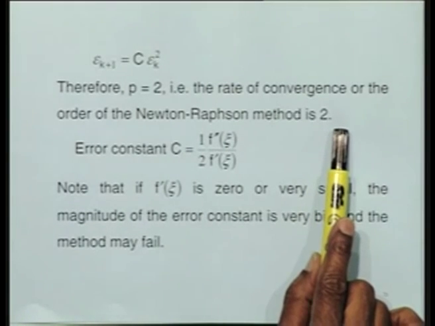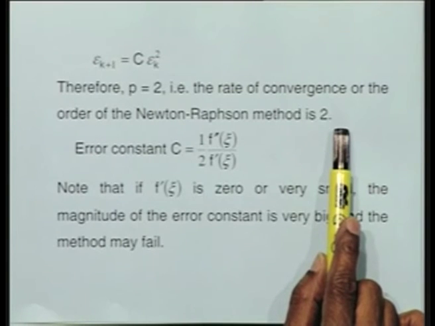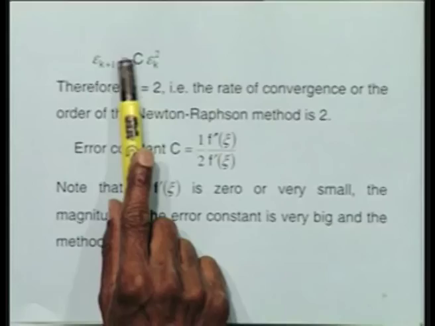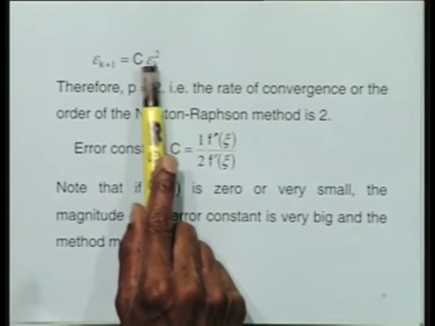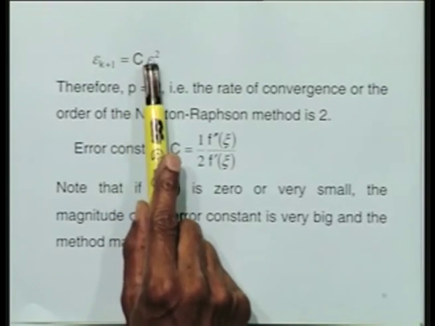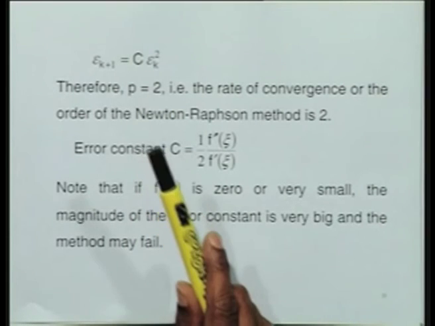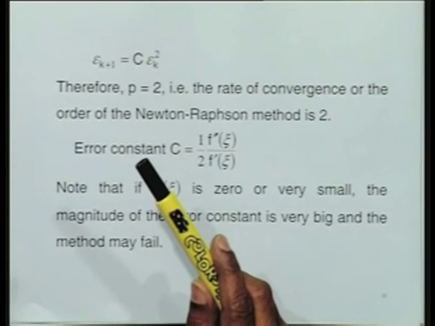Now we discussed this earlier, but let us repeat it. What we mean is that the Newton-Raphson method is of order 2 means if we are sufficiently close to the root, let us say 0.5 away from it, then c is multiplying every epsilon. It is multiplying epsilon 0 square, and epsilon 1 square. So c is a bounded quantity and it is a finite quantity.